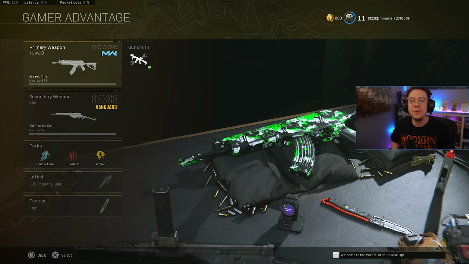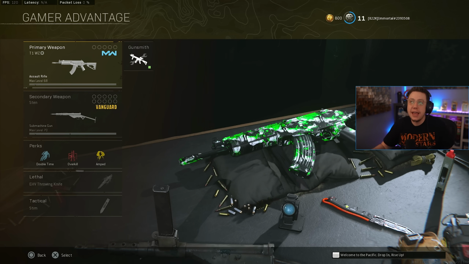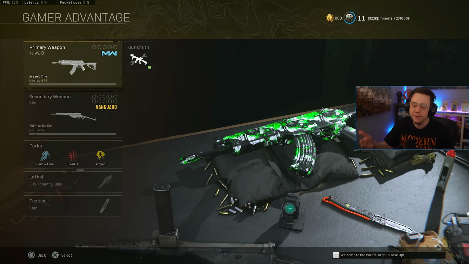Moving on, we got a fun one here. We got the AMAX, we got the Sten. The AMAX has one of the best TTKs in the entire game on Caldera, and for that reason, it is easily a top meta weapon. Unfortunately, it caps out at 45 rounds, but it is just as powerful as it gets, so you can make